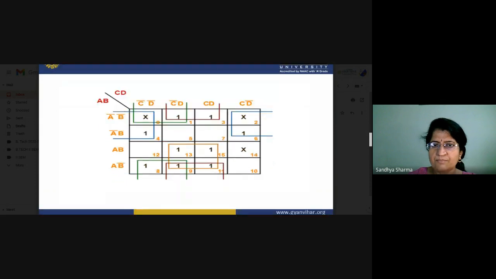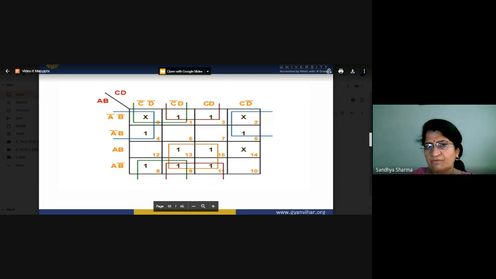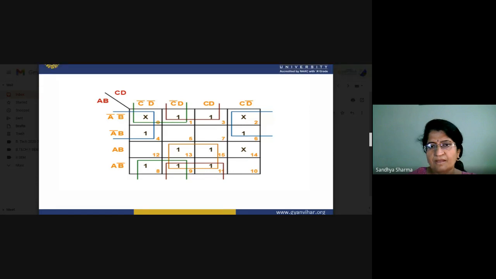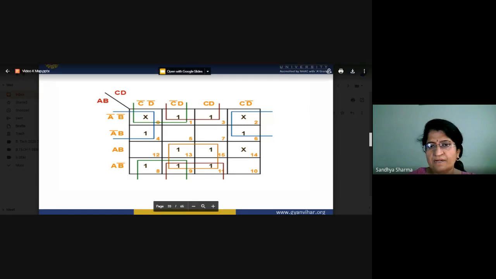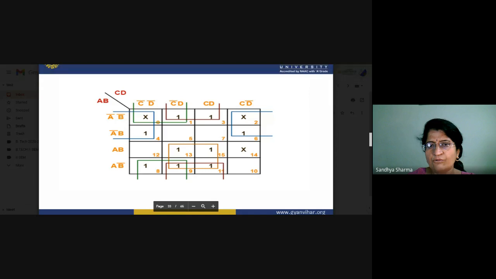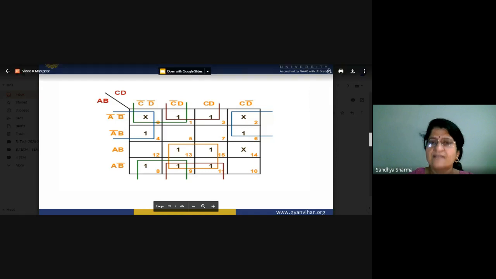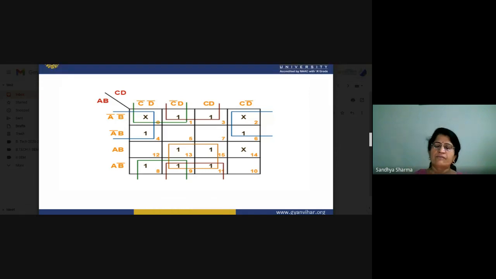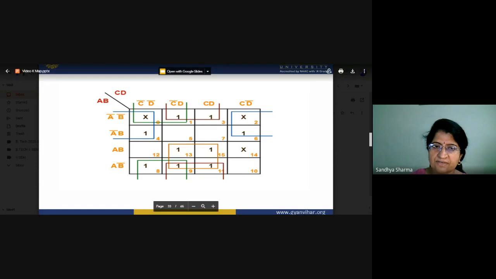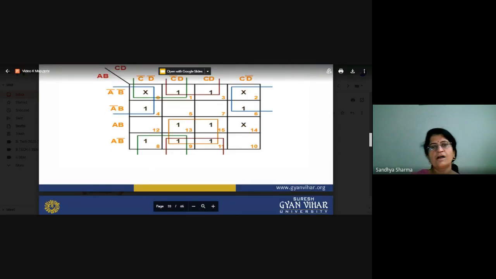Again there is a 1, you can make this one, and you can make a quad for this one. Again you have 4, you can make a quad, and again you can make a 2, and here again a 2, because this one is left. So only one should be independent, and the others may be used on a sharing basis. This one is again independent, so it will again make a sharing basis. So there are so many sharing-basis quads, and now you have to write the equation.